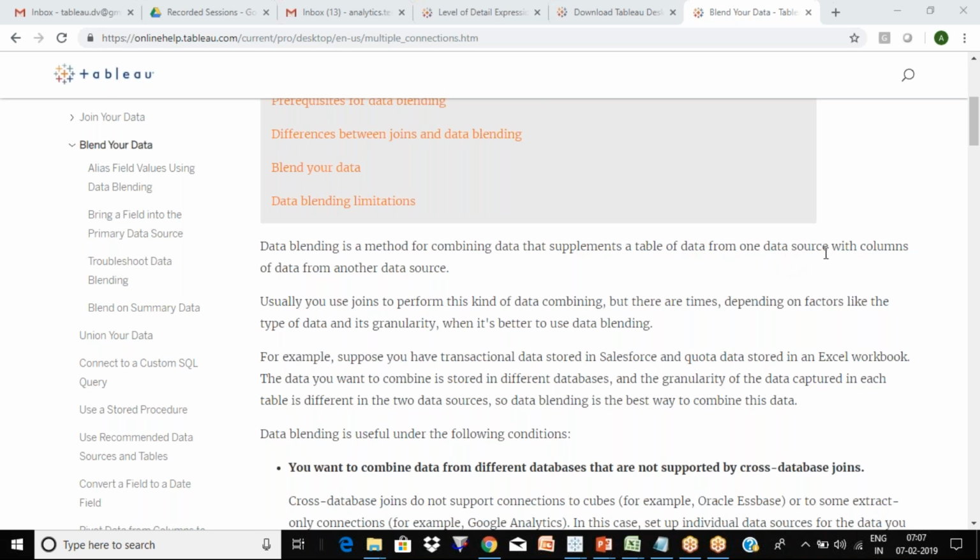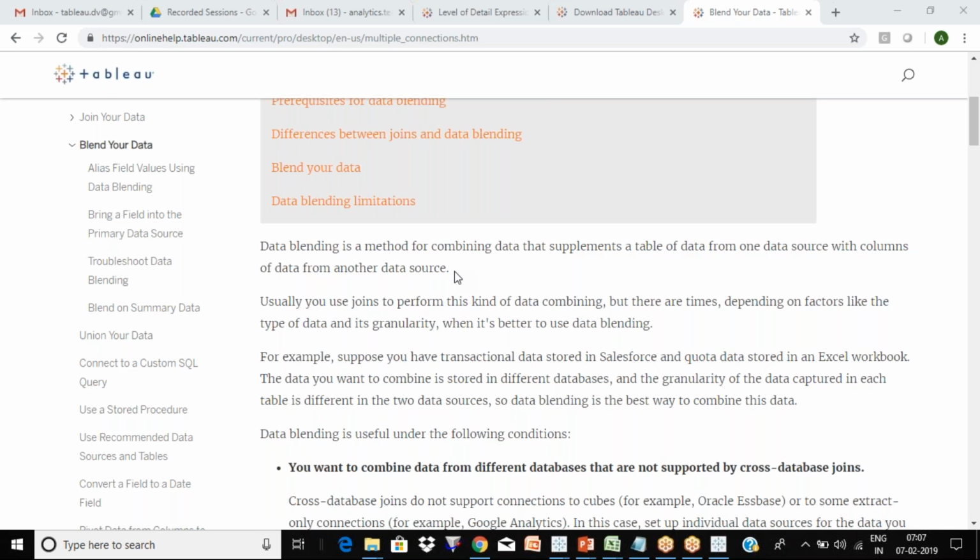So they're saying from one data source to another data source. In joins, what generally happens is, let's say you have an Excel file, and in the Excel file itself you have many sheets. You can do the joins, but let's say